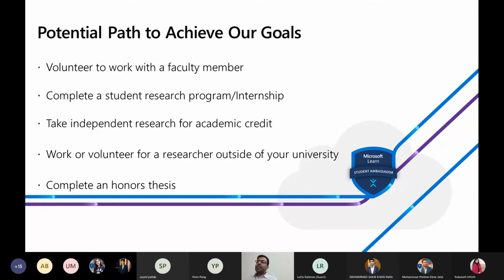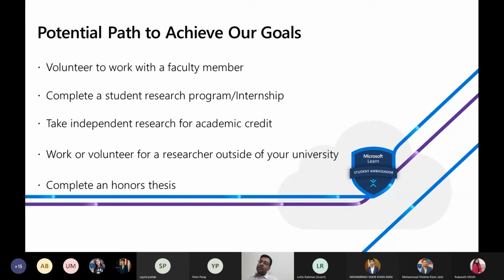Because after that, when you are a graduate, when you go to an industry, those people will hire you for a paid job, because they will think, okay, he or she is a graduate, I cannot make him work as a volunteer, I have to pay him money. But if you have not earned certain skills, then it will be difficult for you to start from the very beginning as a profession. So try to gain that real life experience as a volunteer, even if you are an undergrad student.